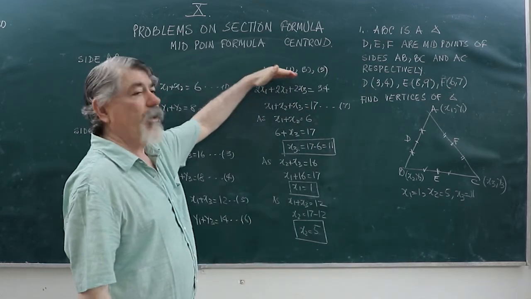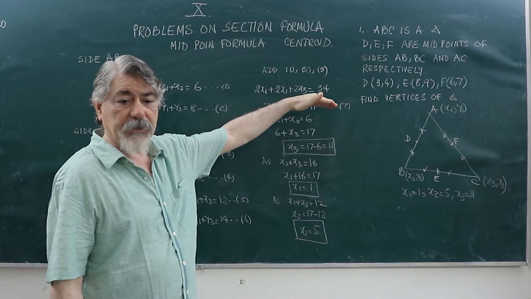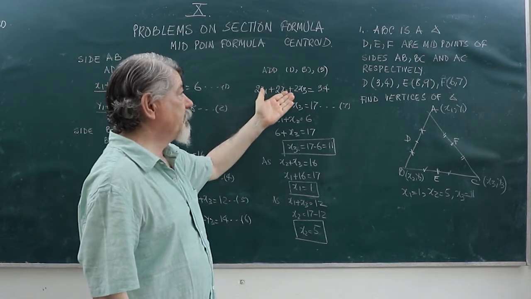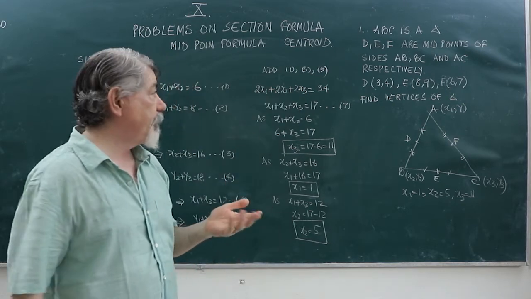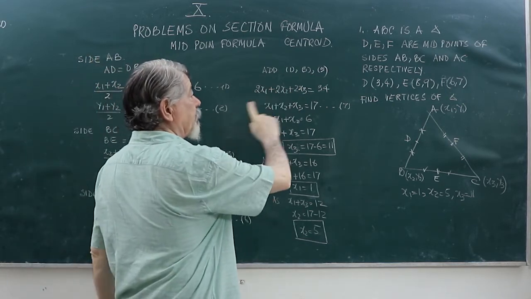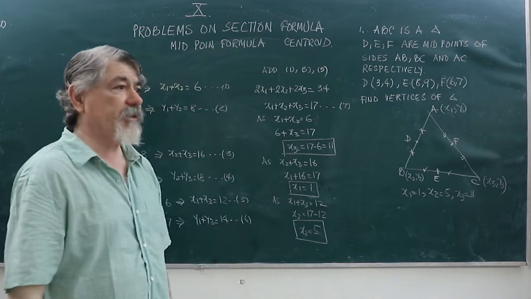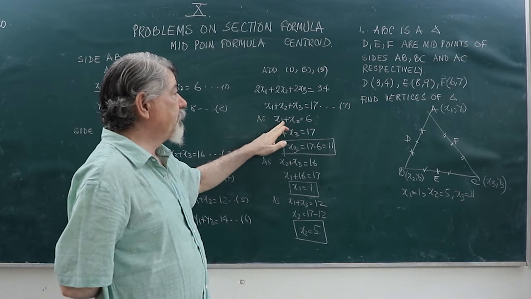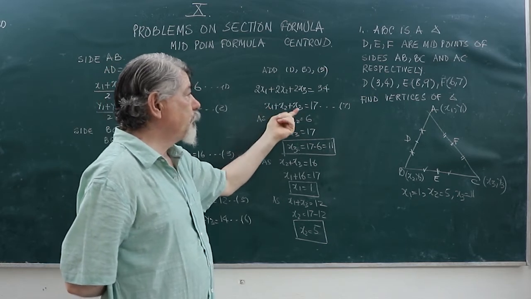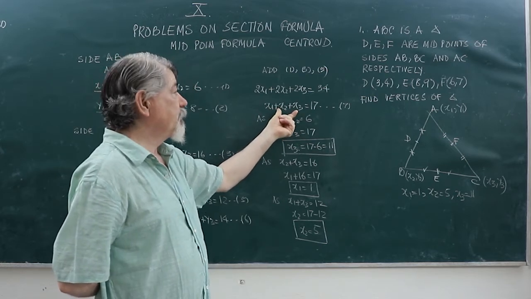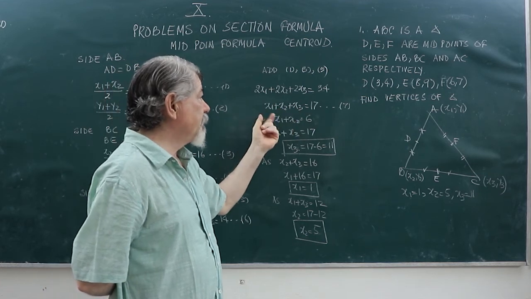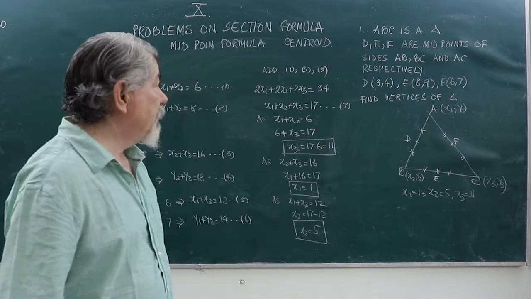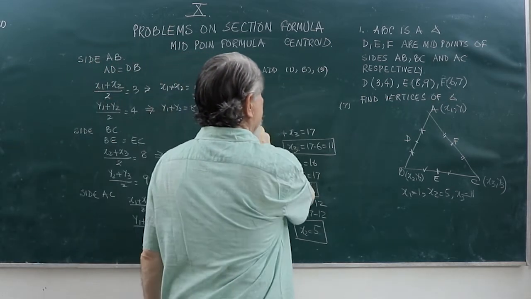What did we do? We added 1, 3 and 5. When we added 1, 3 and 5, we got 2x1 plus 2x2 plus 2x3 is equal to 34, and then we divided by 2 to get x1 plus x2 plus x3. Once we got x1 plus x2 plus x3, we substituted in this the value of x1 plus x2 to get the value of x3, x2 plus x3 to get the value of x1, and x1 plus x3 to get the value of x2. Now similarly,